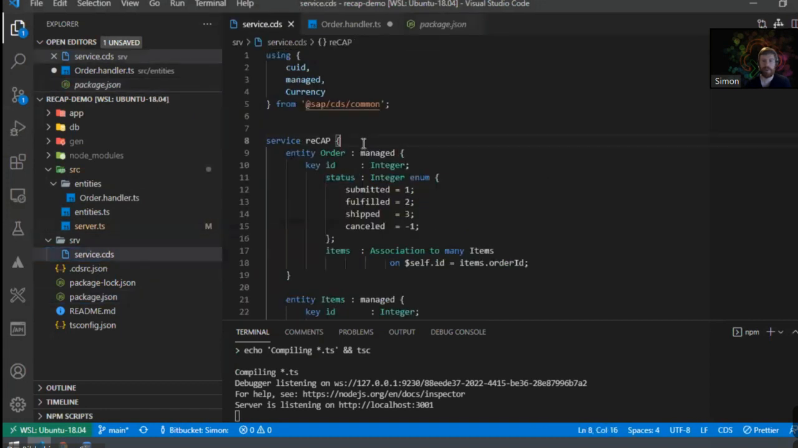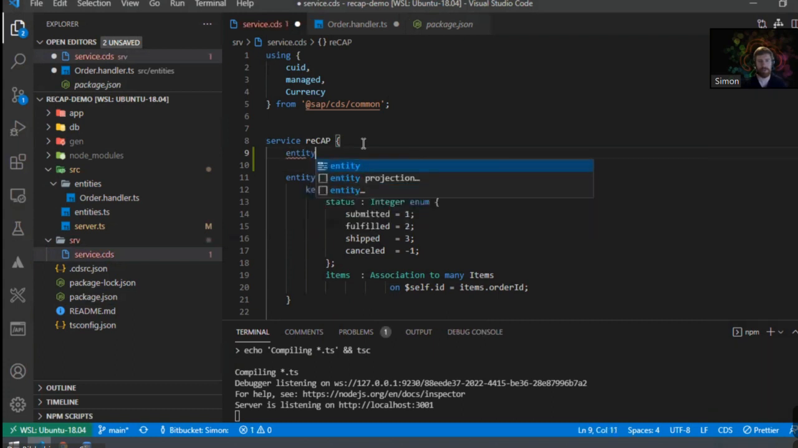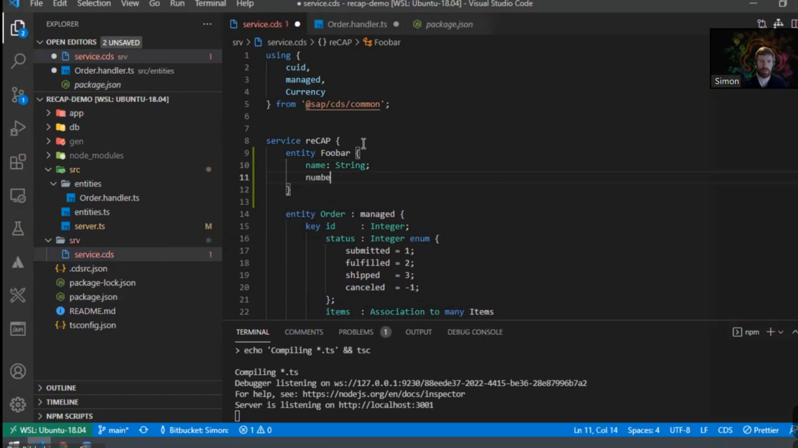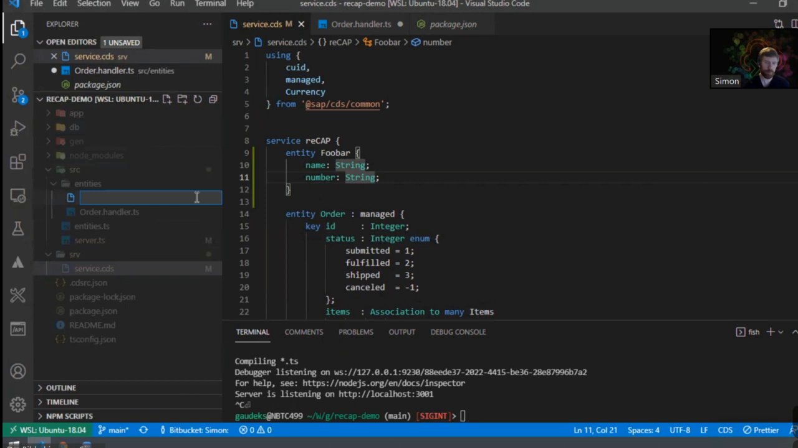For example, I would like to implement another entity which contains a name property of type string, and a number property, which I also define as a string variable. We will fix this in a minute. And now I create a new handler for my foobar entity,